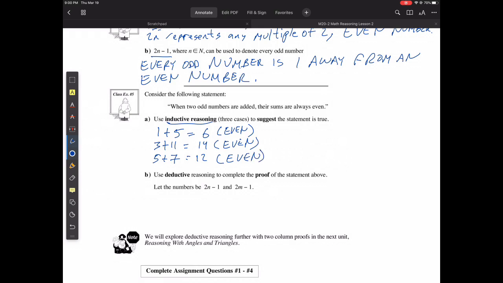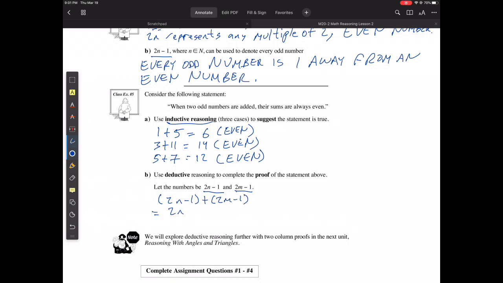So far it's working. If I'm using deductive reasoning to complete the proof, then let the numbers be 2n minus 1 and 2m minus 1. The reason why is because I'm going to say that n is going to be one of the numbers, m is going to be a different number. So if I have 2n minus 1 plus 2m minus 1,